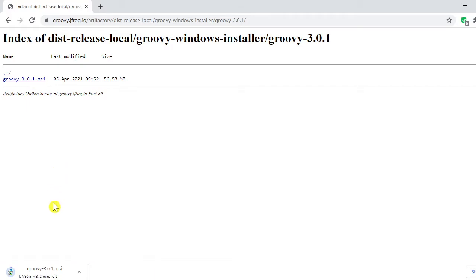This will start downloading. I'm pausing this video till the download completes. Yeah, the download is done. Let's go ahead and install Groovy in our system.